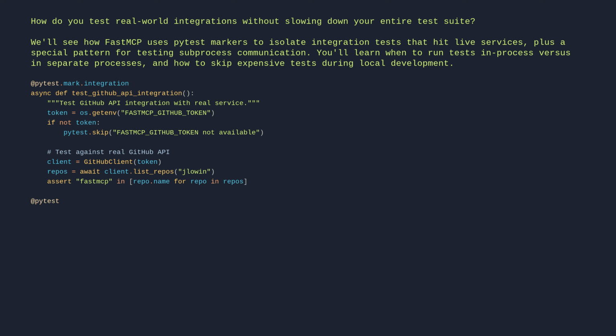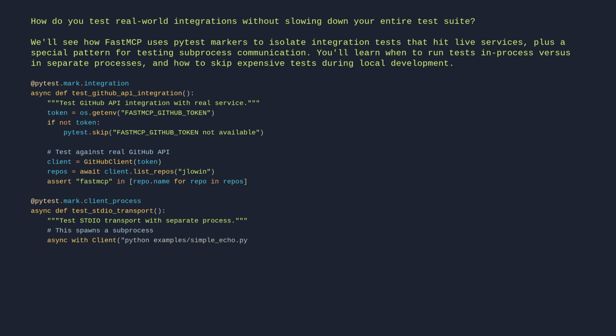@pytest.mark.client_process async def test_stdio_transport(): """Test STDIO transport with separate process.""" # This spawns a subprocess async with Client("python examples/simple_echo.py") as client: result = await client.call_tool("echo", {"message": "test"}) assert result.content[0].text == "test"